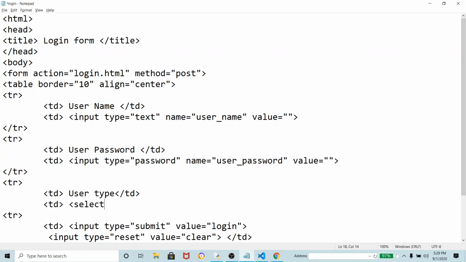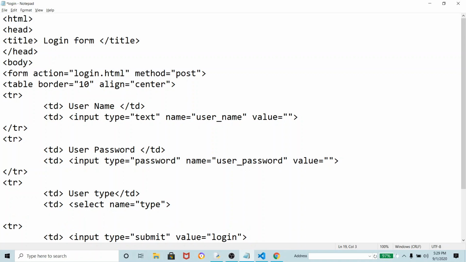This is used to give options from where you can select a value. Select name is equal to type, and then all the values whatever we have to show there, we define using the option tag. Option value is equal to, suppose admin I have given, and then I have given here admin, and then I have closed option.